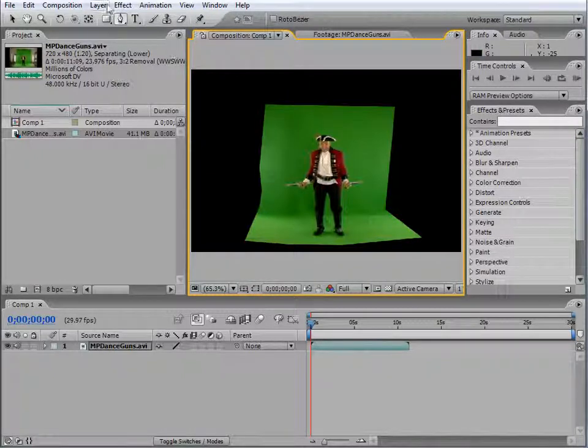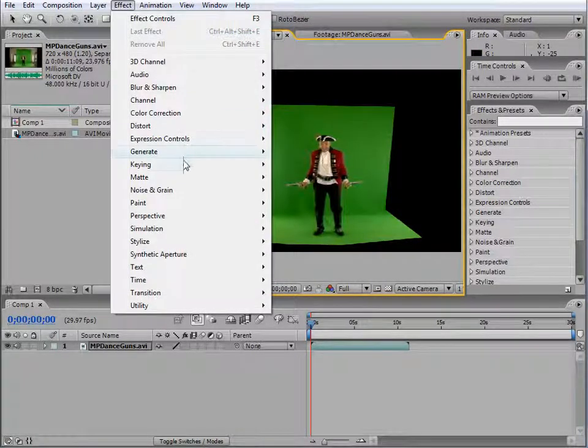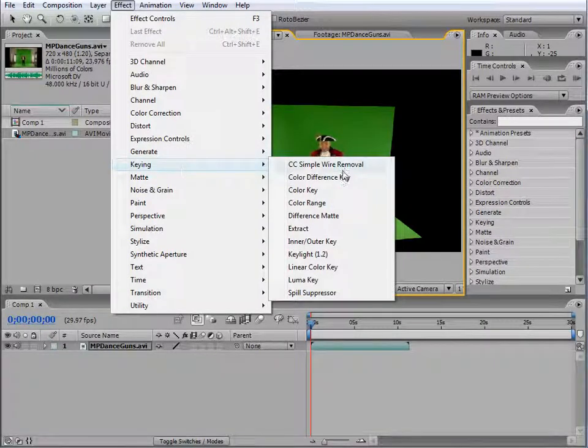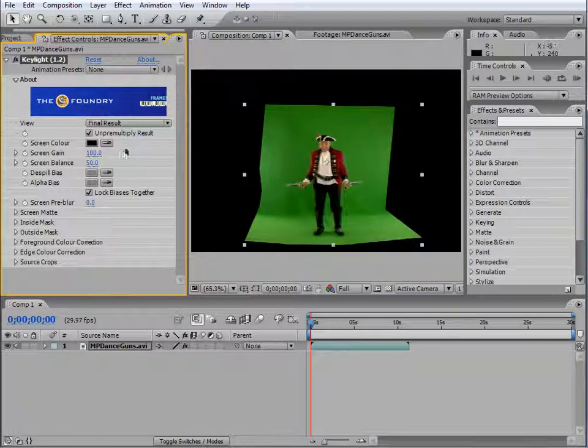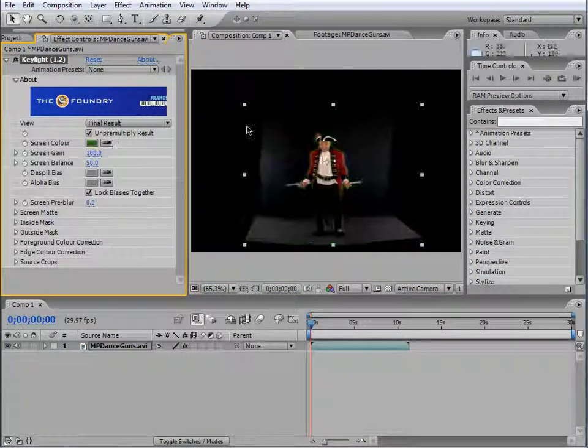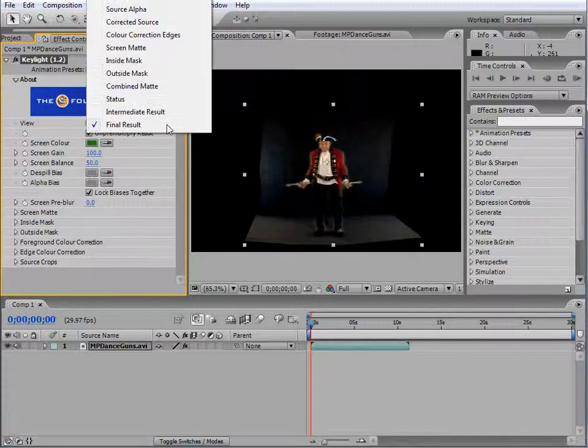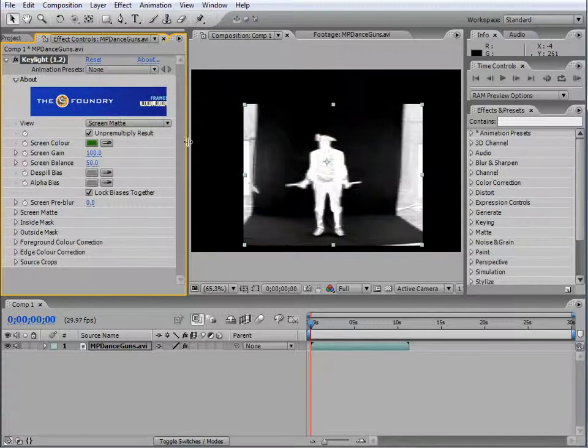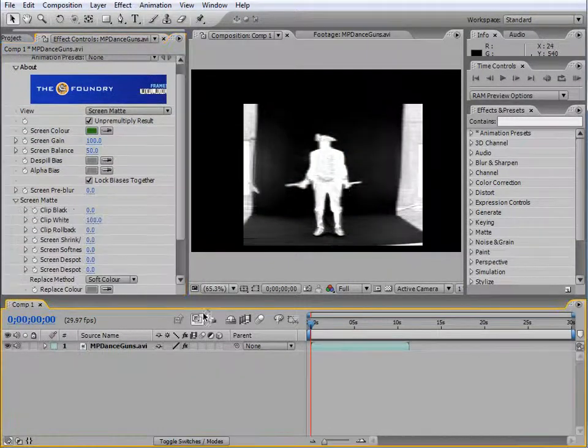Hide. Next we're going to Effects, Keying. We'll go ahead and select the green screen. And I also want to go to Screen Matte. So what we're going to do is go to our Screen Matte,